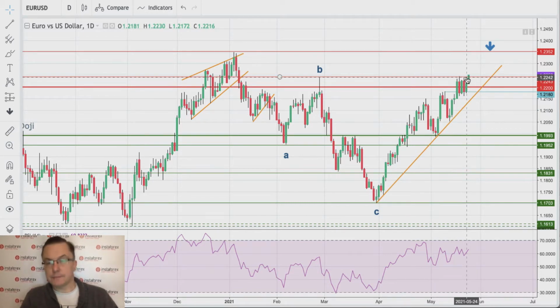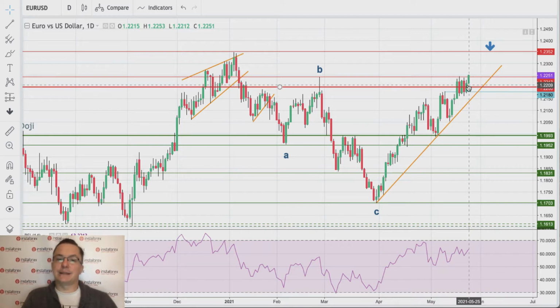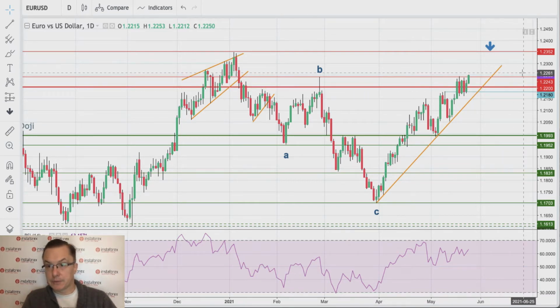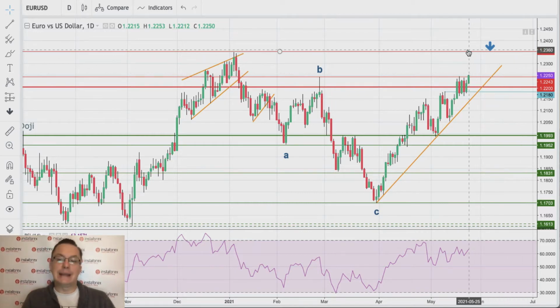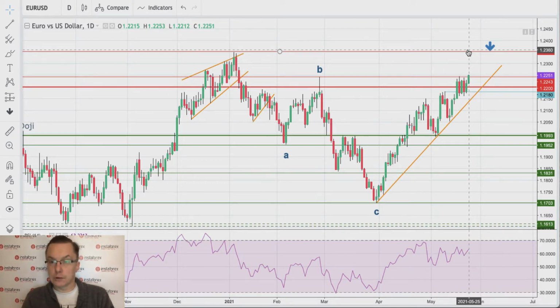Maybe after the data it will change. What I mean is there are some data from, of course, Germany, IFO. So right now market anticipates better than expected data from Germany, but then we got consumer confidence from the US. So this trend might be capped. But the target 1.2352, 100 pips, is definitely in range of today's moves, if of course the data will be way worse or way better than anticipated.